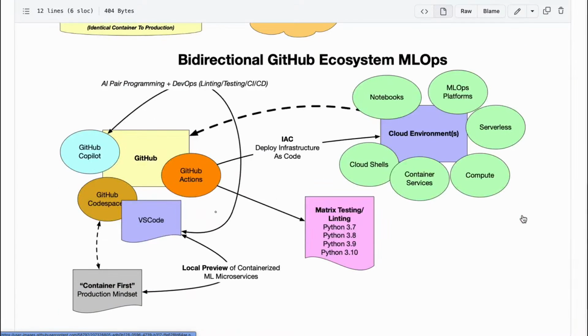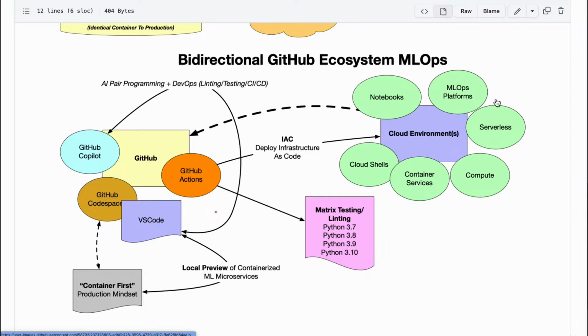And so similarly, let's talk a little bit about this concept of a bidirectional ecosystem for MLOps. And what's nice about this is it still corresponds to what I talked about earlier with functions. Every single thing in here essentially is a function. And what this means is that inside of GitHub, you can get these suggestions to write a function. You can test the functions. You've got this production first mindset. You can have infrastructure as code as well. So you could use tools like AWS CDK to actually build out the infrastructure for deploying your functions.